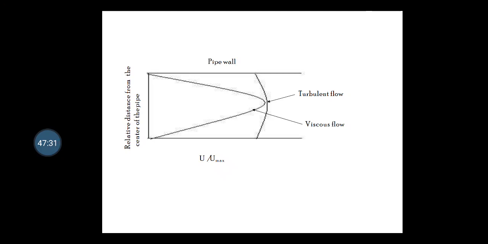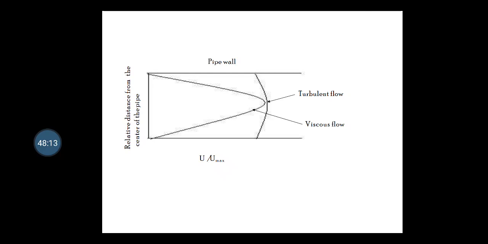Even if the flow is turbulent at the center of the pipe and viscous at the surface of the wall, a buffer layer exists. So it must be emphasized that the boundary layer can never be eliminated. Increasing the velocity of the fluid over the surface will reduce the thickness of the layer, but it will never be eliminated entirely. So this is all about the distribution of fluid velocities across the cross section of the pipe.